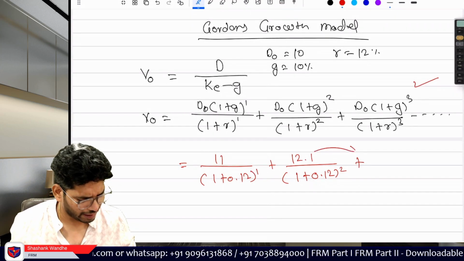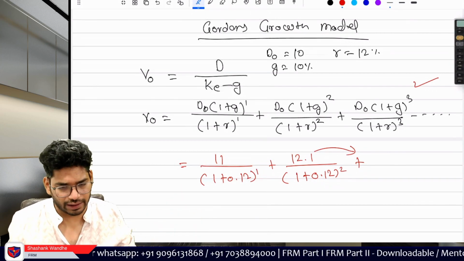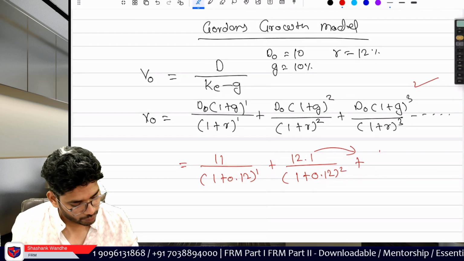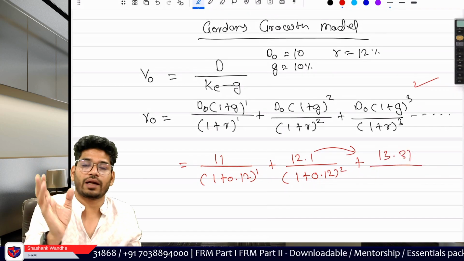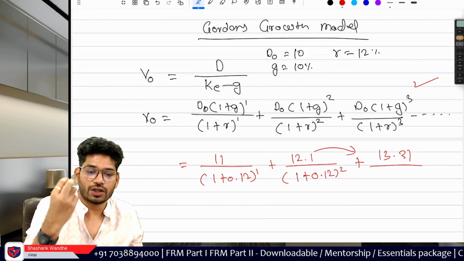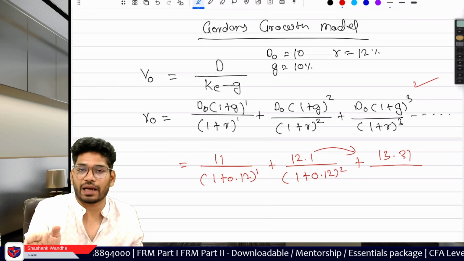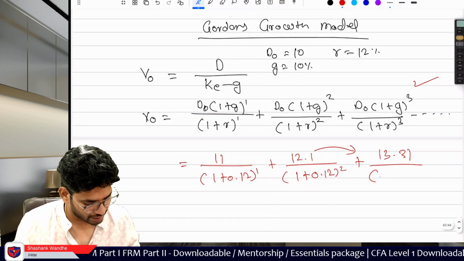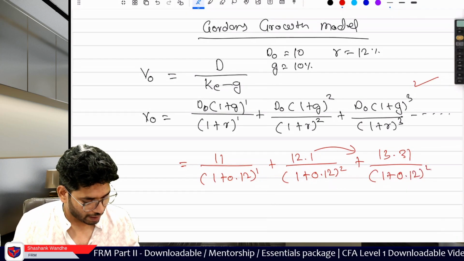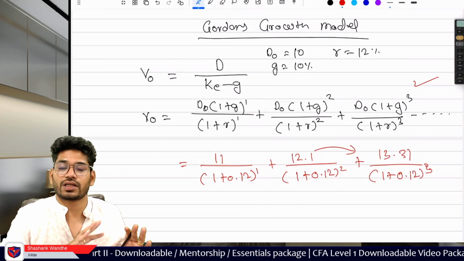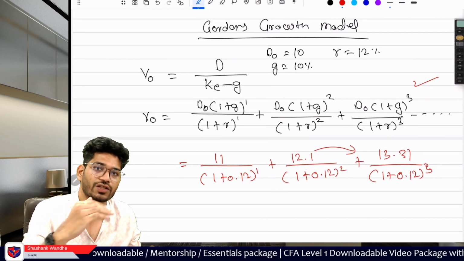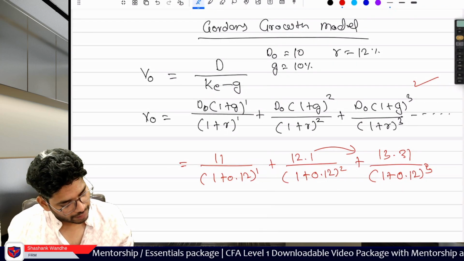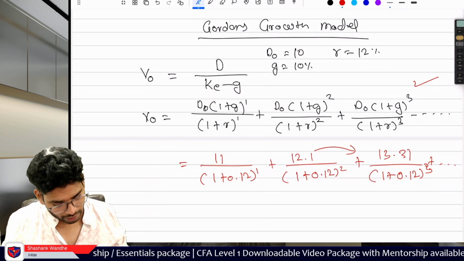What you can do is simply multiply by 1 plus G and you will get D3. So 12.1 multiplied by 1.10 is equal to 13.31. Or, since 1.10 is the growth rate, you can do 1.10 to the power 3 multiplied by D0. Both will work. It is basic, simple mathematics, and I'm assuming you understand it. Divided by 1 plus 0.12 to the power 3. This is how the equation is working. We have a dividend growing at a constant rate and then we are discounting it. And then we will have dividends for long.